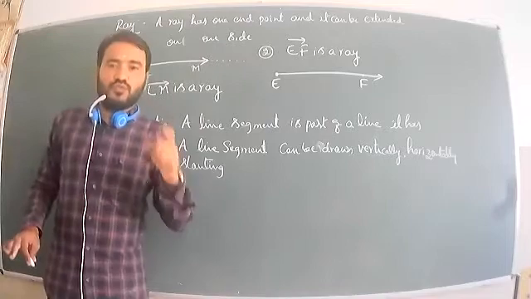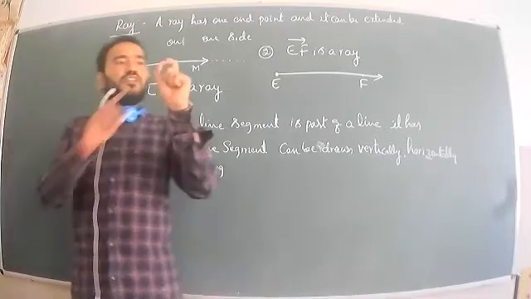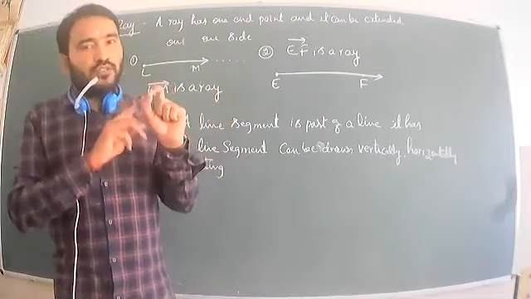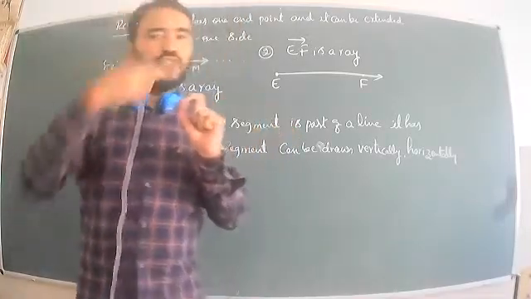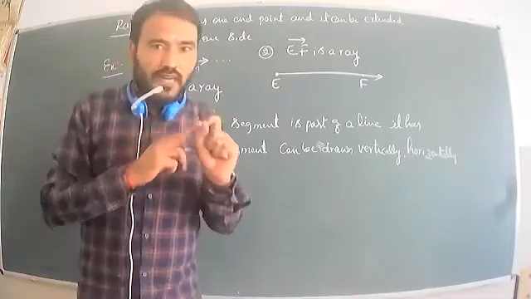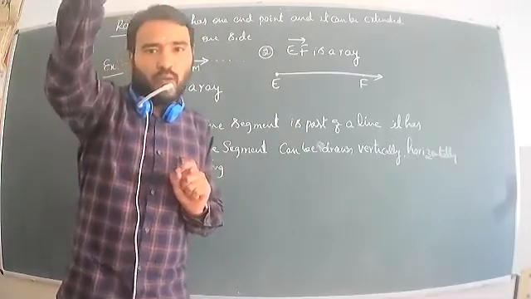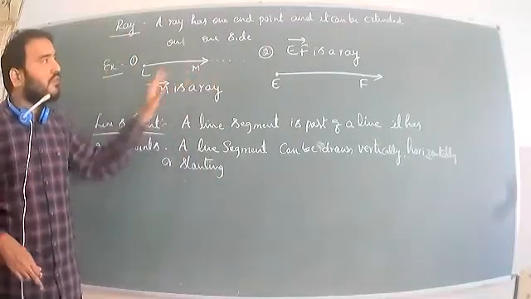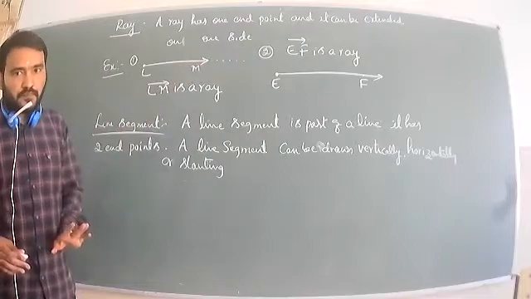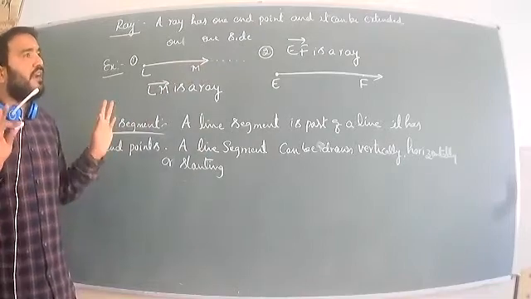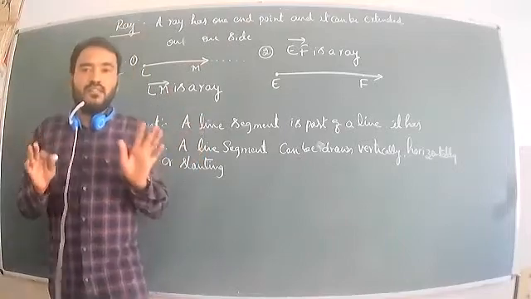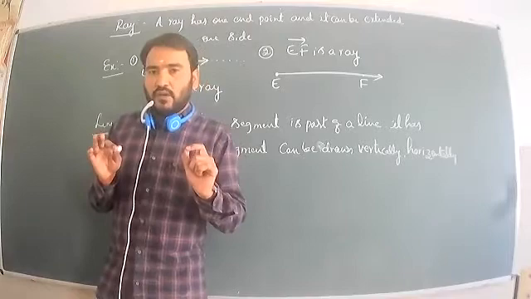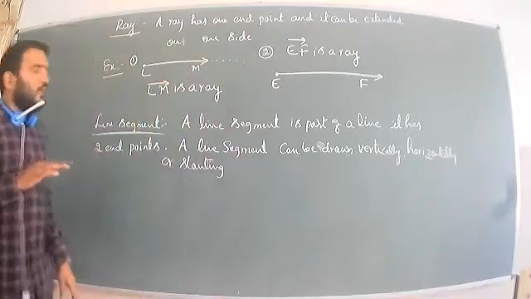So observe a torch light. You put the torch, and that is the end point. We start the light, and it extends on and on; that is called the extended line. I hope all of you understand. So a ray means one end point and one extended line. Now look at that.